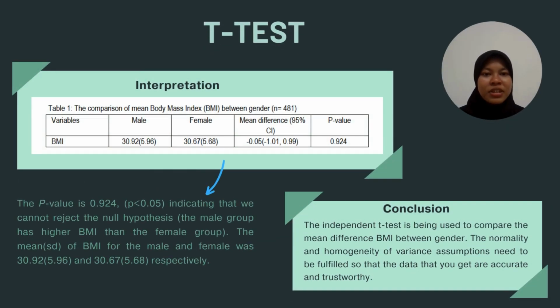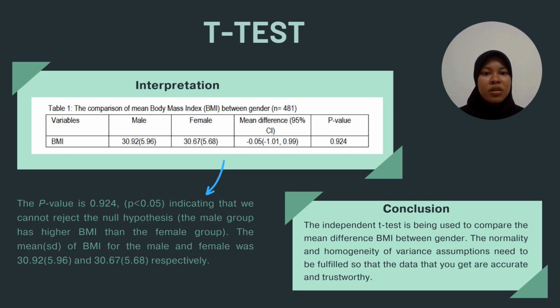Okay, next we are going for the interpretation. From the slide, the table shows the mean and standard deviation for the male is 30.92 and 5.96, and for the female the mean and standard deviation is 30.7 and 5.68, and the p-value is